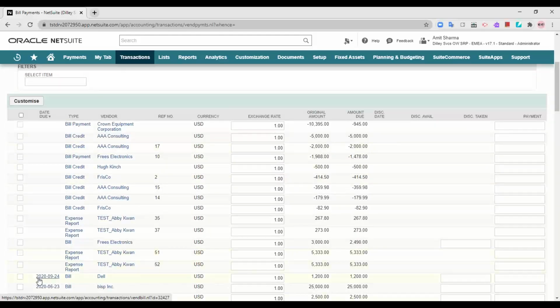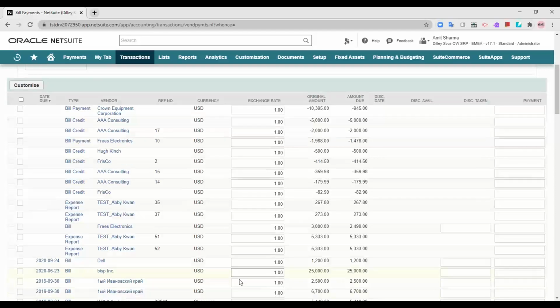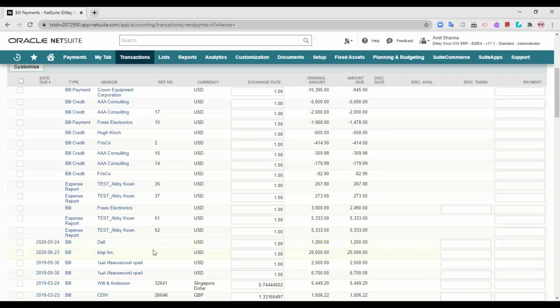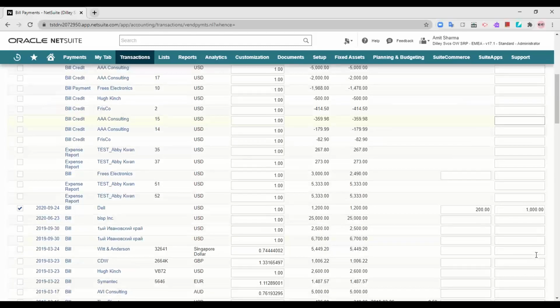Now, as you can see, this is the bill that we have just created, for $1,200. When I check it, I can make payment for this particular bill. Let's say after the billing was done, I got a discount of 200, then the total payment comes down to $1,000.